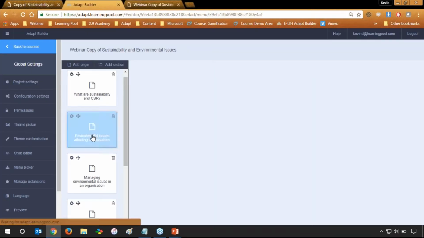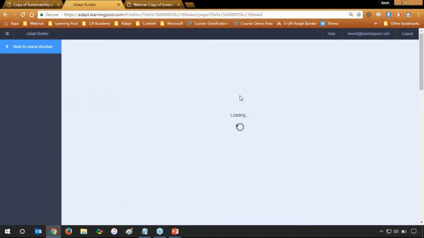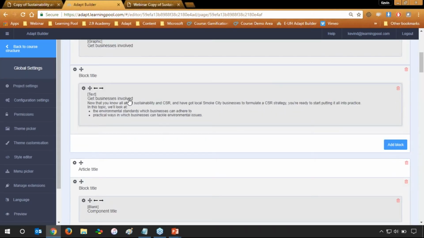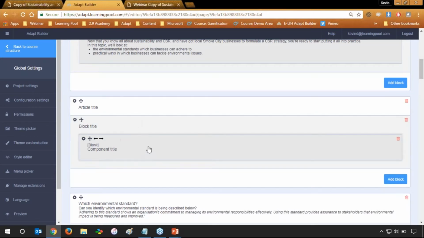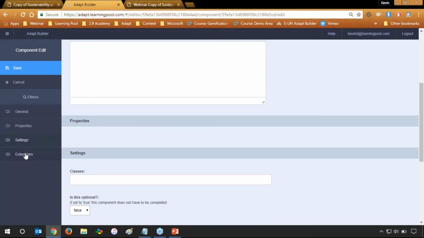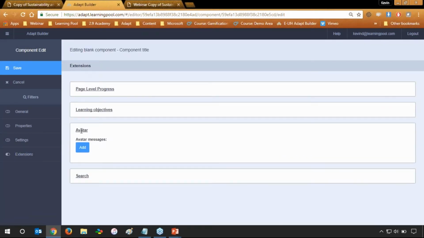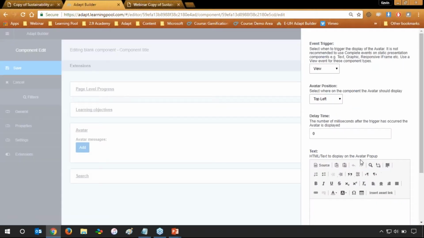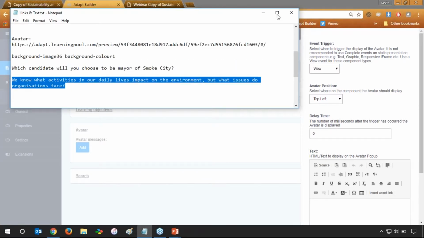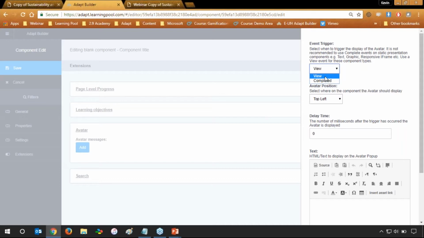So again, I'm just going to very quickly go into the builder, and I'm just going to go to this text component, for this blank component underneath that text. So I'm configuring this against a text component, but you can configure it against any component at all. So if I go down to extensions, we'll have the option for avatar, and this is where we can choose to add the avatar messages. There's an option for the event trigger. Now because this is a text component, we are only going to be adding this to when the component comes into view,